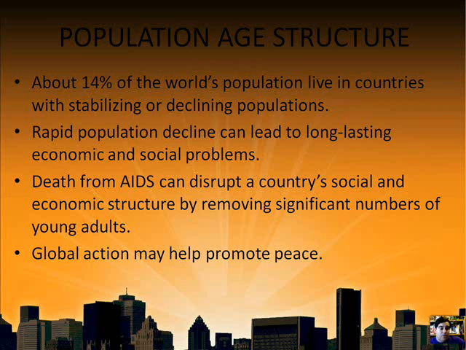There are some things we need to know to give us a better perspective on what's happening here in the world. 14% of the population is in a stabilizing or declining population situation. That leaves a significant amount of the population in either a slowly increasing or rapidly increasing population number. This decline that some countries are seeing is going to have some definite long-term problems, and there are some things that can lead to a rapid decrease in the population, especially of young adults. There's a special emphasis in the book on AIDS, but there are also other diseases as well. It's not just AIDS, but AIDS seems to be one that people bring up pretty consistently.